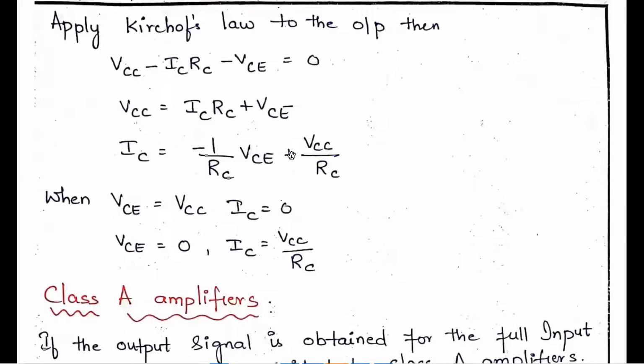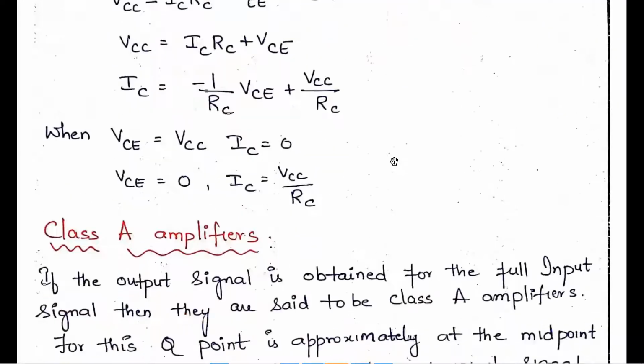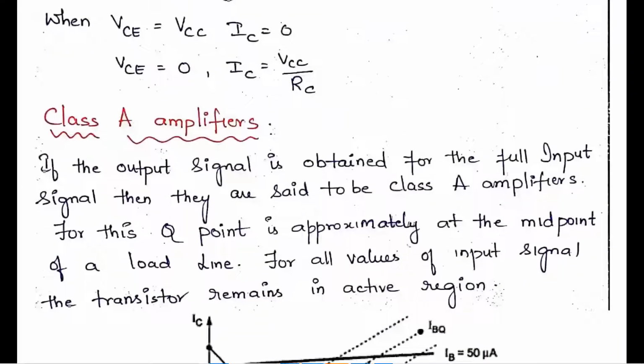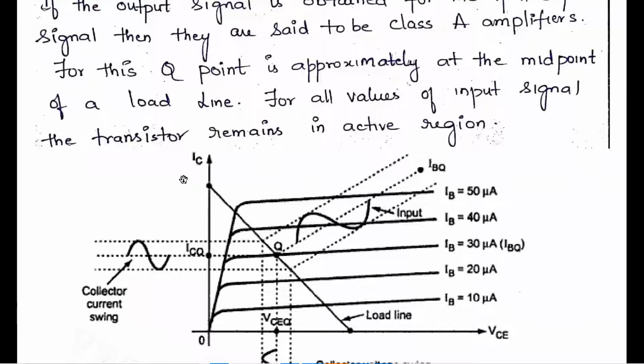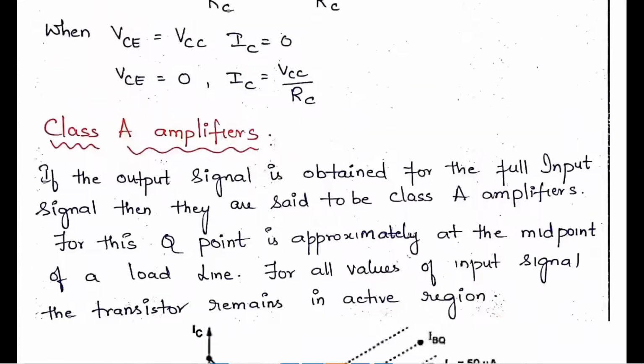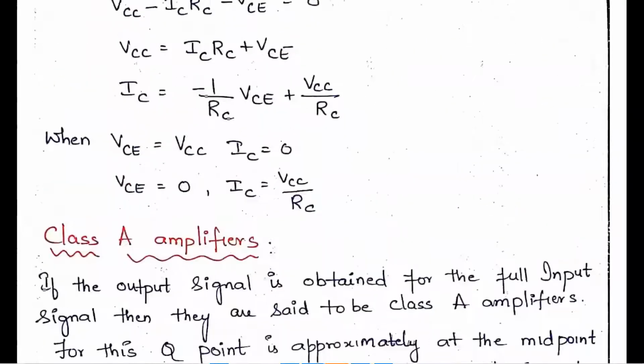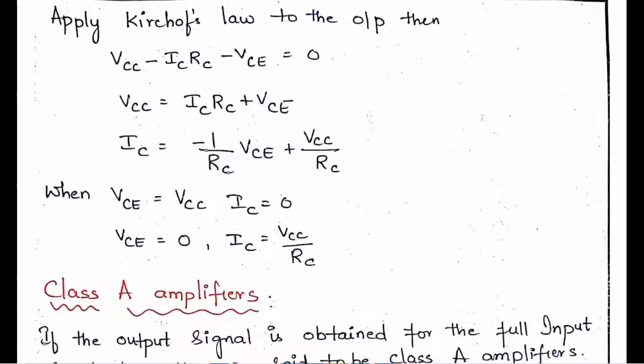So now tell me what will be the point on the x-axis. The x-axis means the VCE axis, you have to remember. VCE is the x-axis and IC is the y-axis for the output characteristics of the transistor, so we will use the same notation. So how do we get the point on the VCE axis? Please answer.